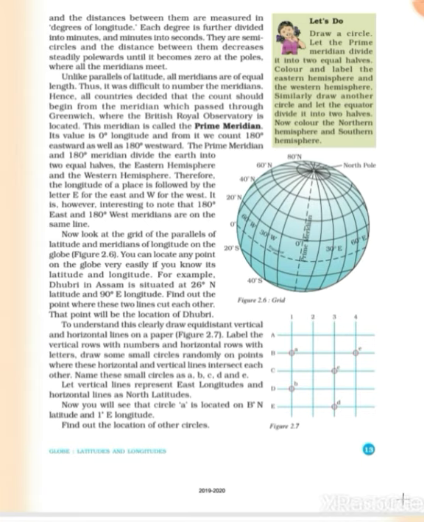So all the places with the same longitude fall on a line of longitude, or the meridian of longitude. Meridian means the highest position of a star or the sun. A line of longitude is called a meridian of longitude because all places located on it have midday at the same time. This is very important, that the places which are located on it have midday at the same time.